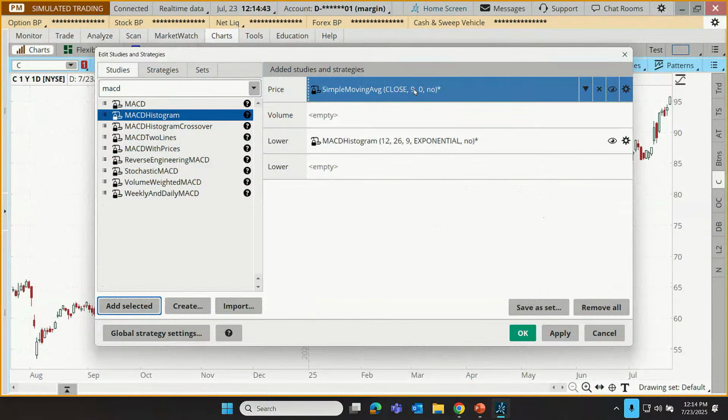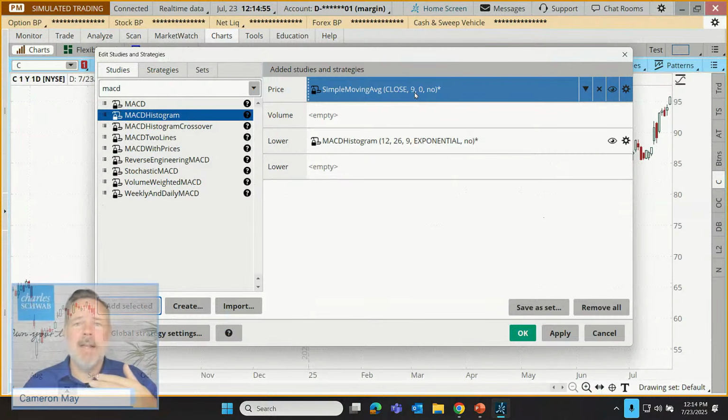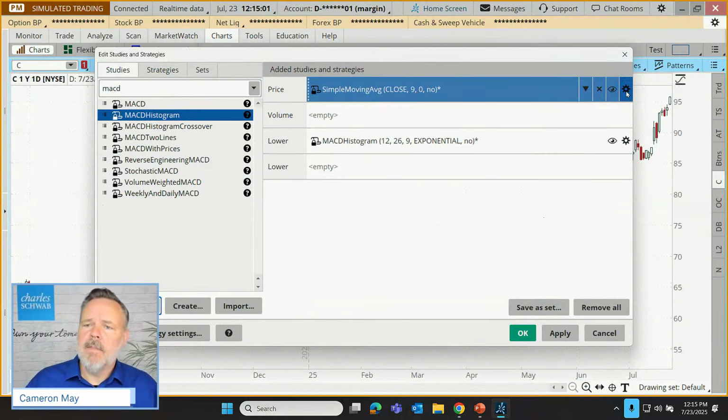But these can also be customized using Thinkorswim charts. So by default, as an example, when we load up a simple moving average, and if you're not familiar with moving averages, they're trend lines that might act as an indication of price direction, but also support and resistance levels. But in any case, we can customize things as we can customize on other features.